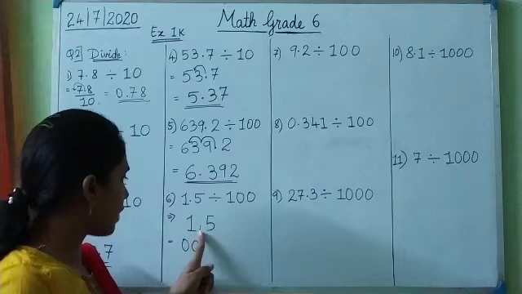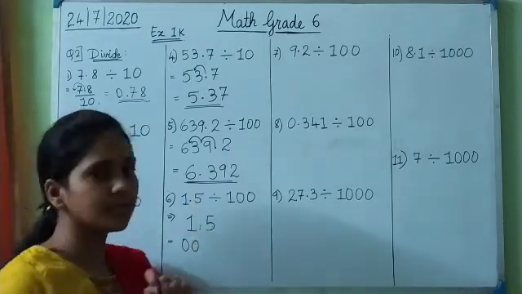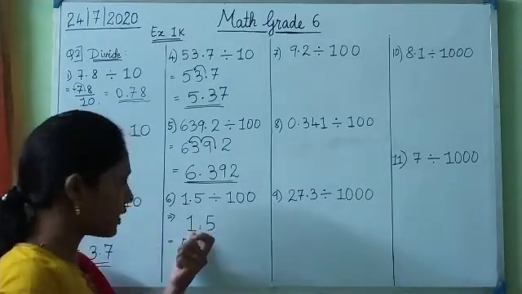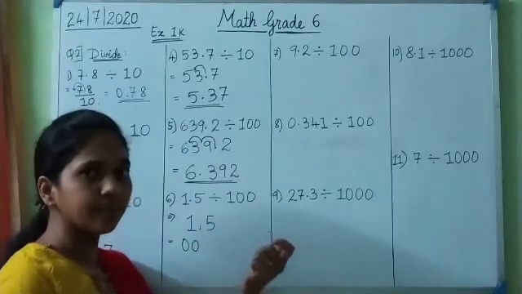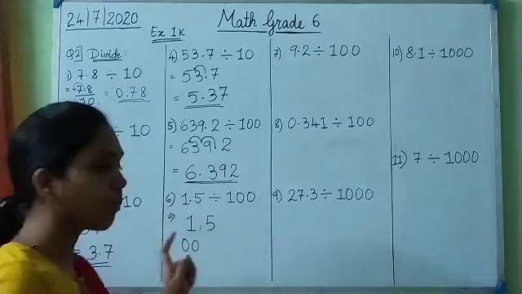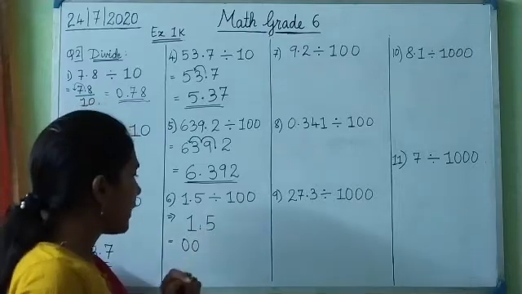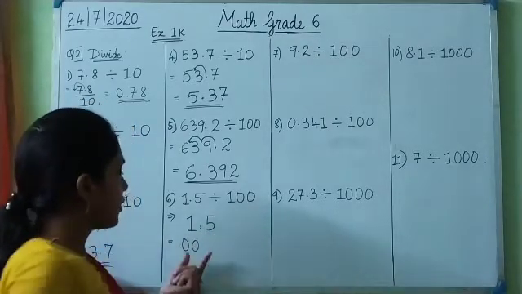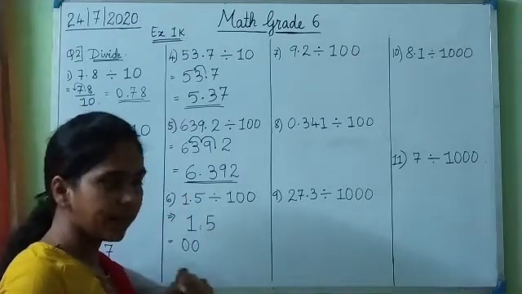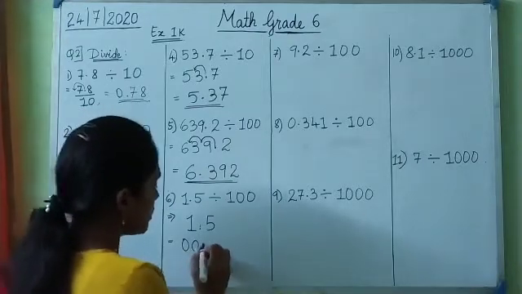Like if I add 0 after 1, it will become 10.5. But is the number 10.5? No. The number which is given is 1.5. So adding zeros before the starting number and after the ending number after the decimal point makes no difference. If there is no decimal point, then we cannot add. So here the number is 1.5, and there is only 1 digit before the decimal point, so I put 2 zeros in front of it. So this becomes